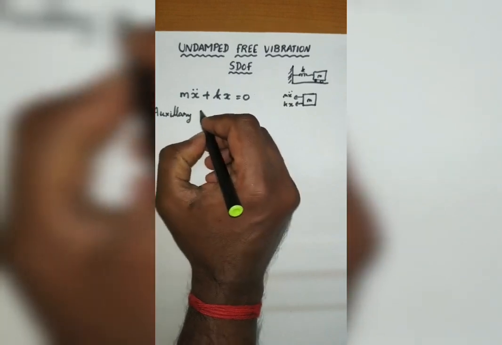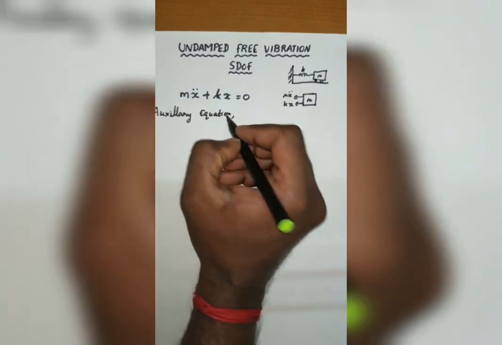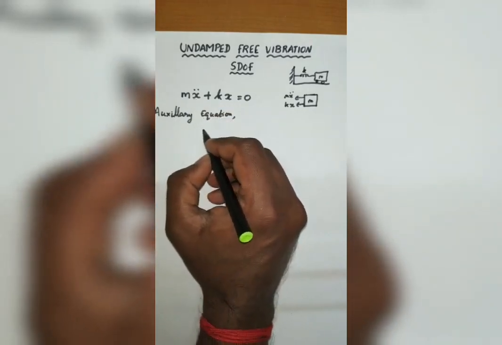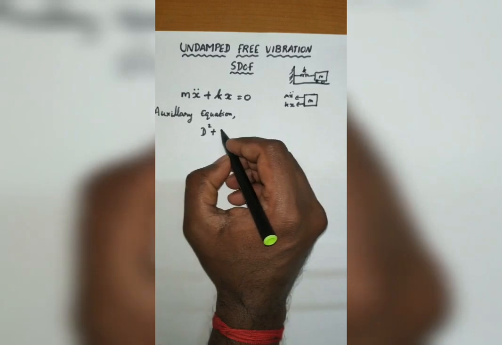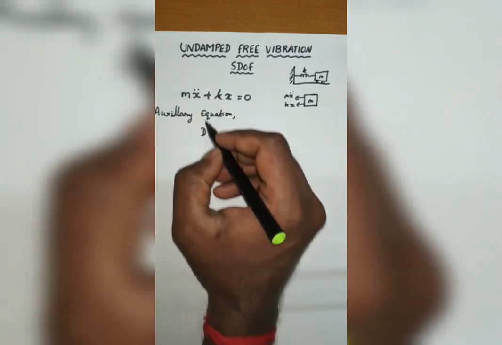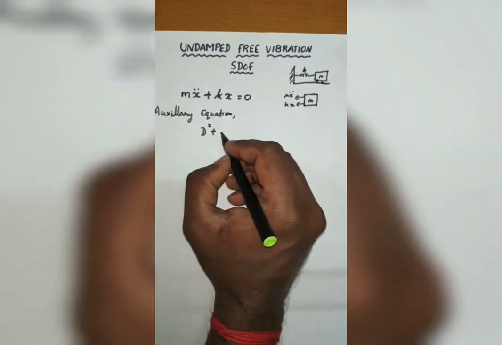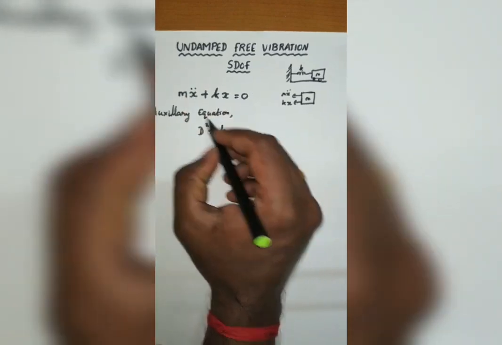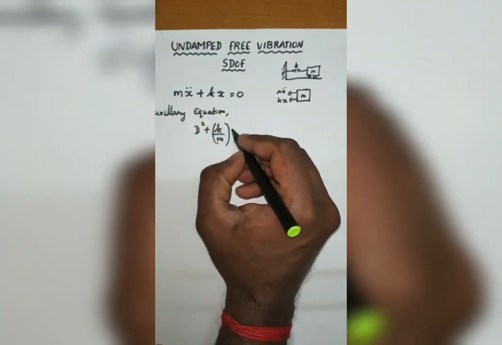So the auxiliary equation we write as D square plus, where x double dot becomes D square, and dividing throughout by m, the m becomes 1 and this will be k by m into